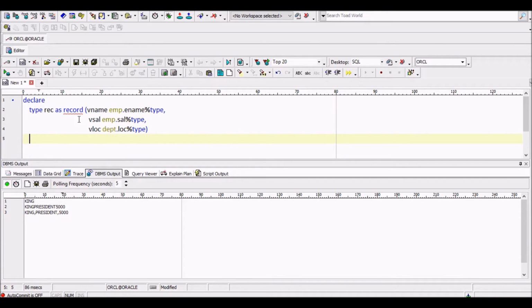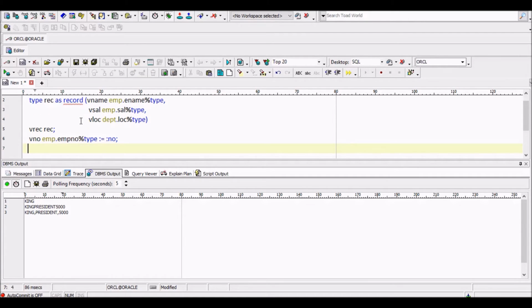Now I am defining a variable with data type rec. Next, vnumber emp dot emp number percentage type, assigning with some value. I have given the parameter. Now I am bringing the executable section. Begin, select.